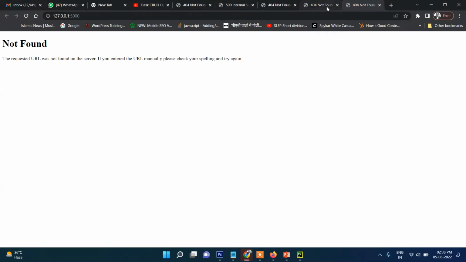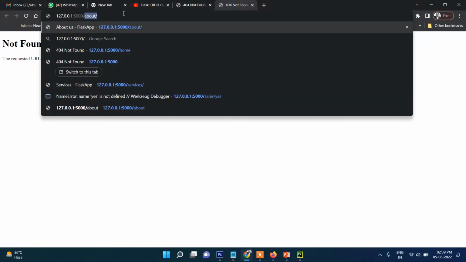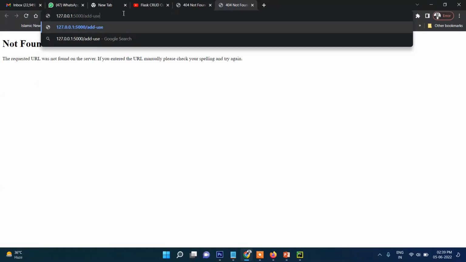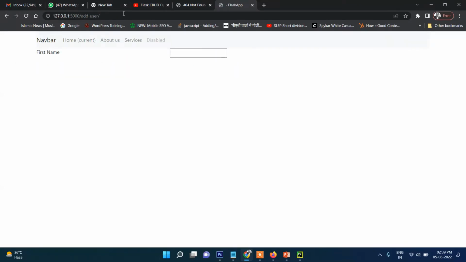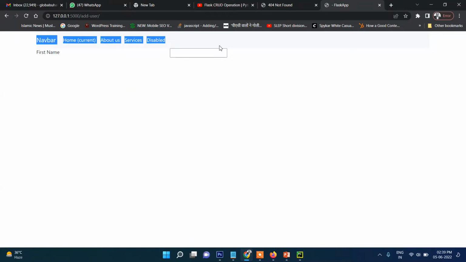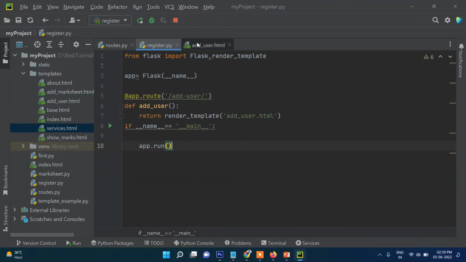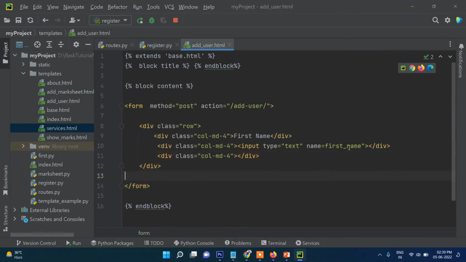So it says 404. Yes, because add user. Yes, so now it's working perfectly, and as you can see, this navigation part is coming from base.html. So first name, last name, and here I will provide class also for this add user,